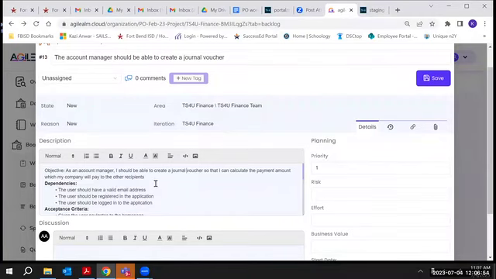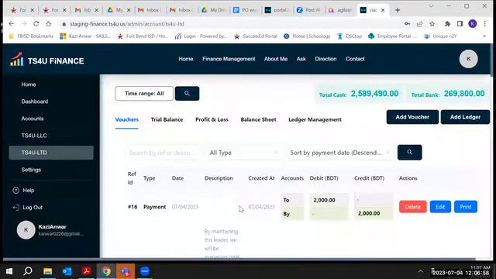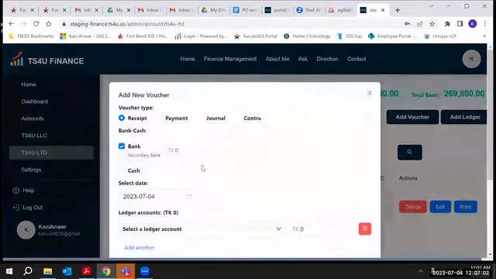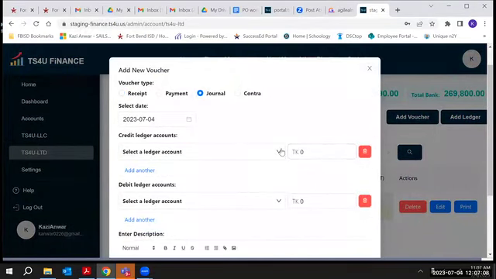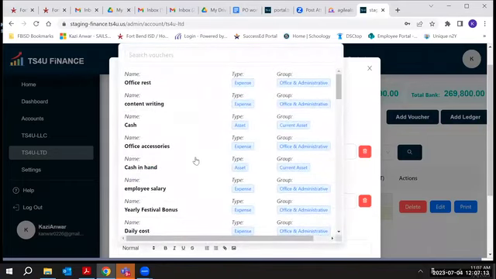Can I go and check one more time how this journal works? Yeah, then go there and let's see. So select a date, then create a. Yeah, and then it's a little bit different, right? So we can select different ledgers for the credit account. We can select the ledger for the